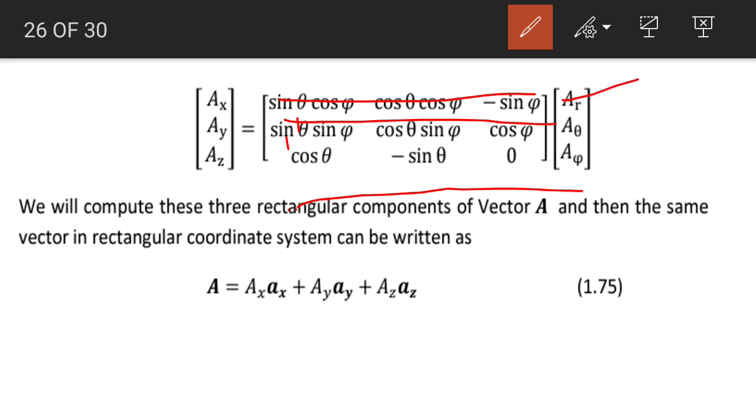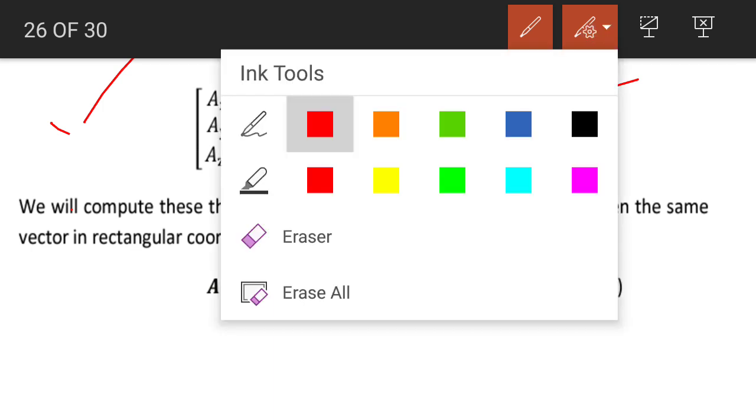Then we have the unit vectors, and then the scalar component A r, the scalar component A theta, the scalar component A phi. So what we do, we calculate these three components, I mean the x component, y component and z component of this vector with the help of these matrices. Once these components are known, we can